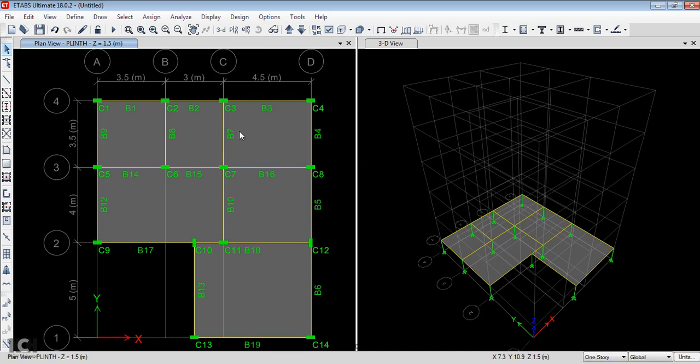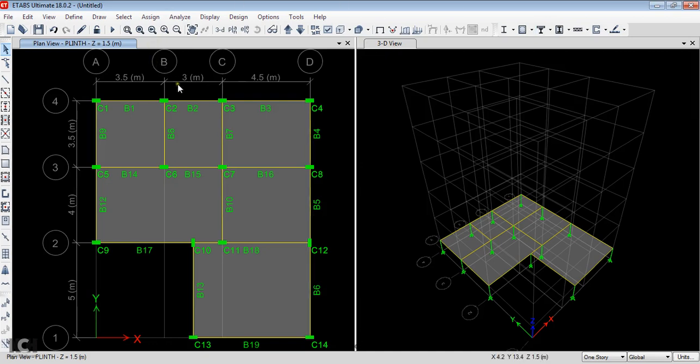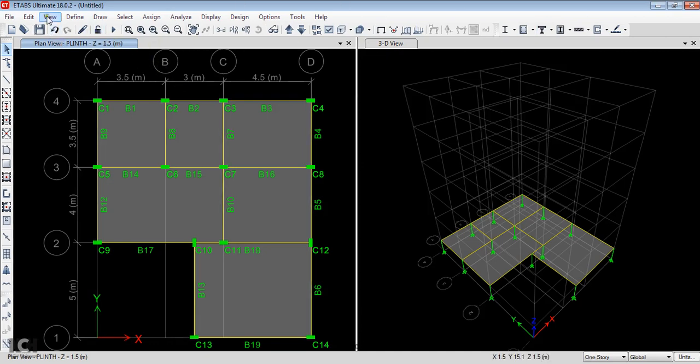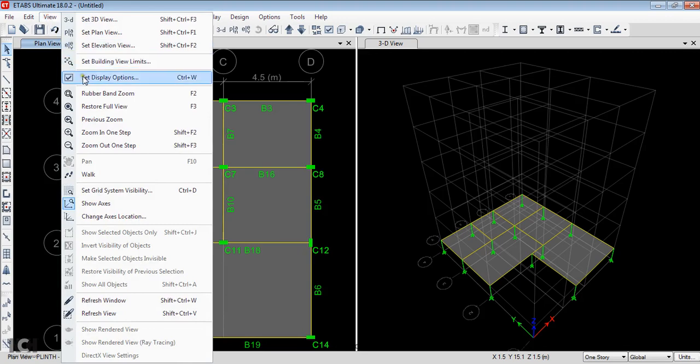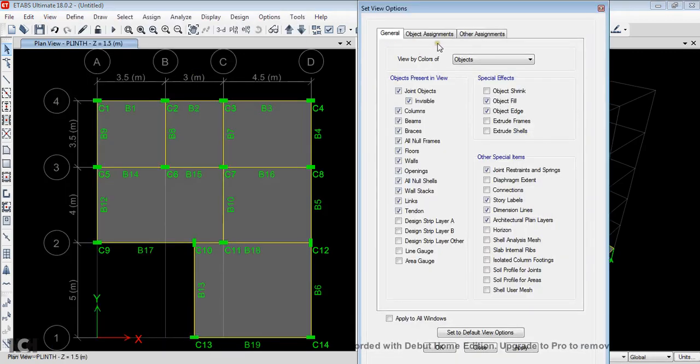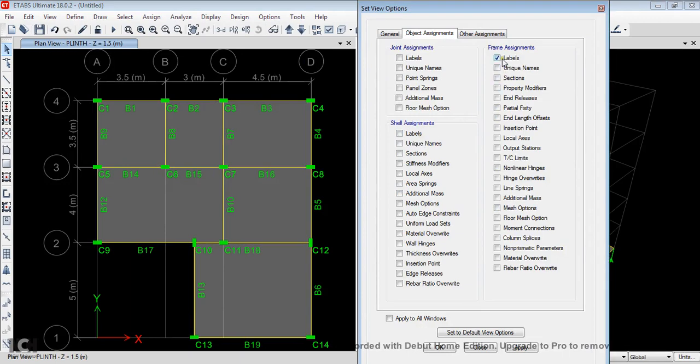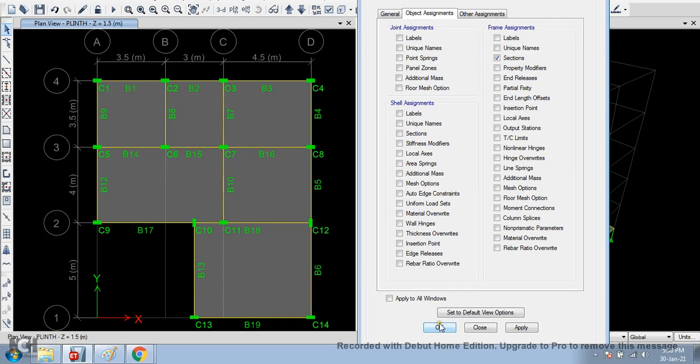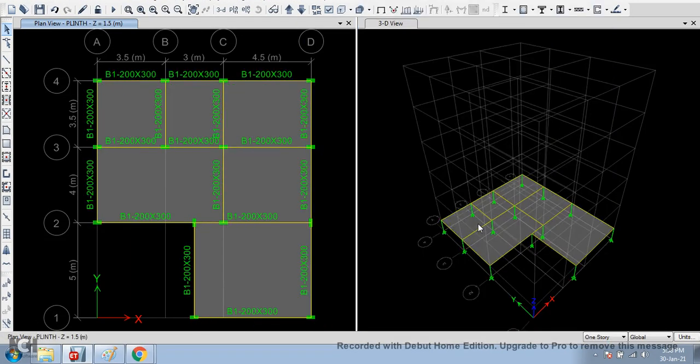How to overwrite now? First I will see what cross section is there. You go to View, Set Display Options, Object Assessment, make this Frame Section on. You can see everywhere there is B1 200 into 300.